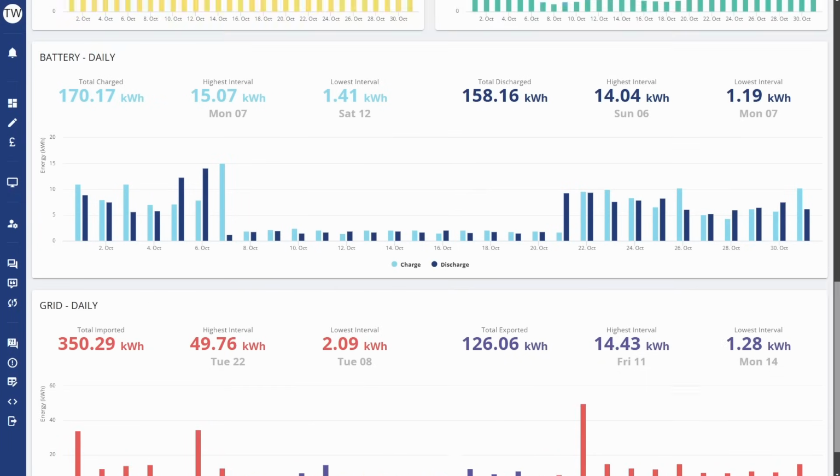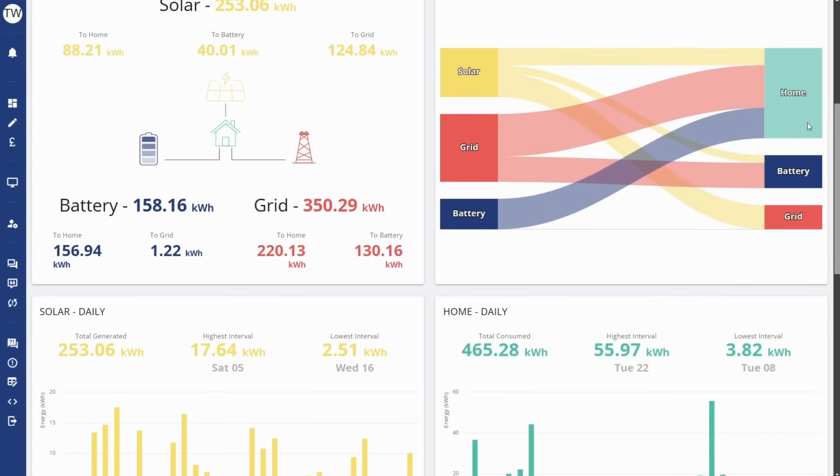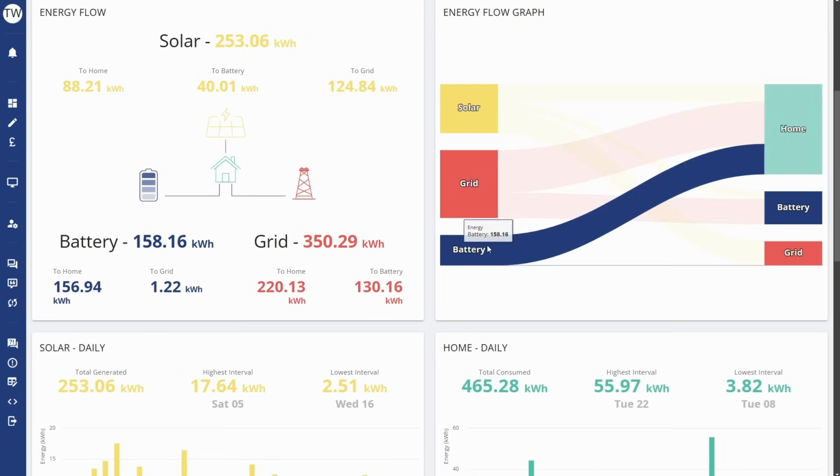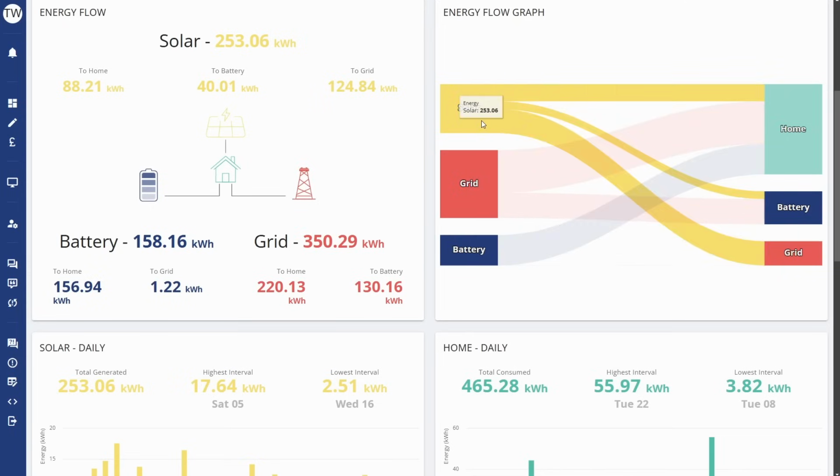If I scroll back up to the top here, the energy flow diagram, as always, the grid is doing a good chunk of the home now, and also filling the battery, and then obviously the battery is being used to support the home as well. And what little solar we did have was going into the home, topping up the battery a little bit, and also that small section going out to the grid as well